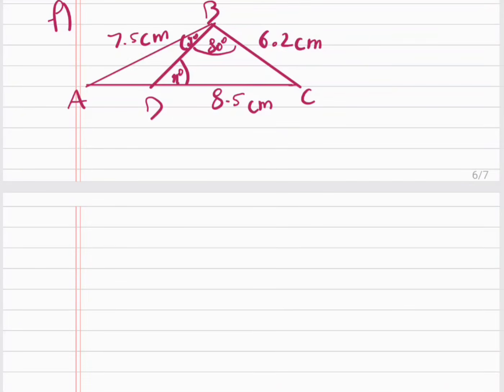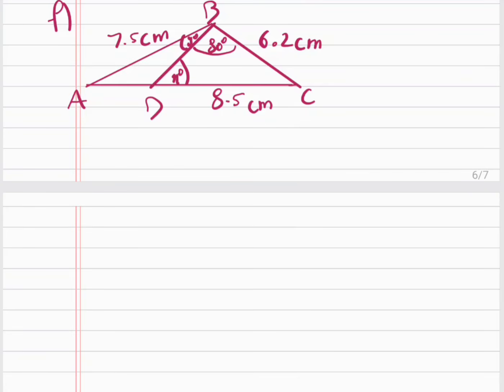Everyone, this video is an exercise 9b question 7f. So we're given this triangle and we want to find the values of the two angles x and y. Okay, so first of all we can start by finding the value of angle x because we have enough information